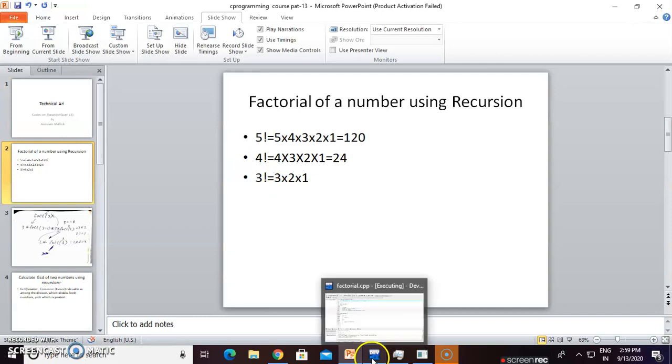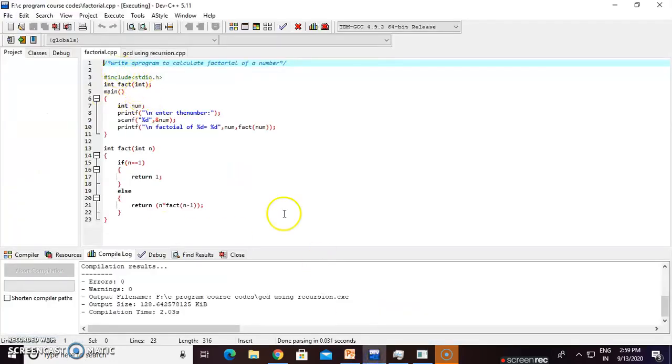Now go to the Dev C++. This is the code to calculate the factorial of a number. Here is the function declaration, fact function, integer type, and the parameter being passed is of integer type.